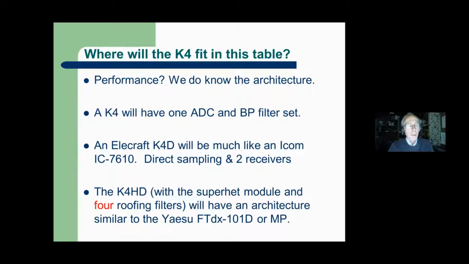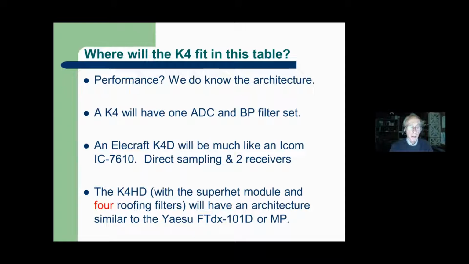But if you were going to be operating on 20 meters, let's say, and you want to listen to what's happening on 15 or 6 or whatever, once you go broadband with the straight K4, the bandpass filters are going to have to go broadband. So if you're needing more front-end protection than that,